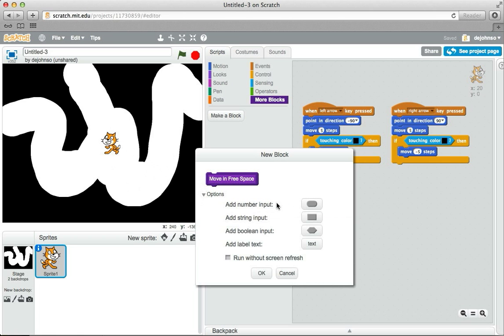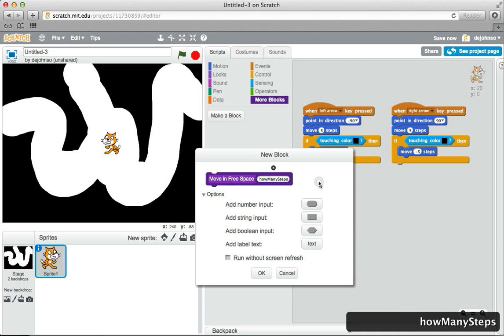There's some options here. You can decide whether the block should take in values. So for example, move right now takes in a value, and I want to have that same functionality. So I'm going to add a number input. Input is what goes into the block. Notice that it already has a little white space here, kind of like the move block does, and it says that it's a number. If I wanted to, I can change this to say like how many steps, to remind me what that number is going to be for. So I'm going to hit OK now,